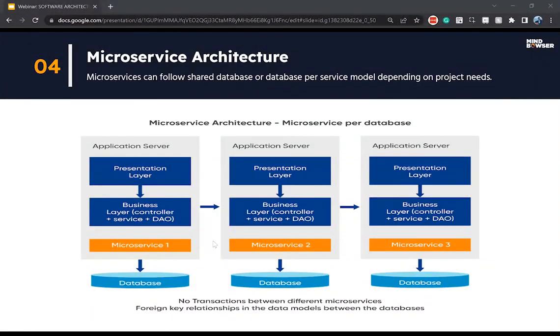So you already gave some high-level idea about whether you're using a shared database or a data store per microservice, and the pros and cons of each, right? Again, is this architecture decision specific to business needs, or are there any other factors that you consider while deciding whether to go with the shared database or the service-to-service data store model?